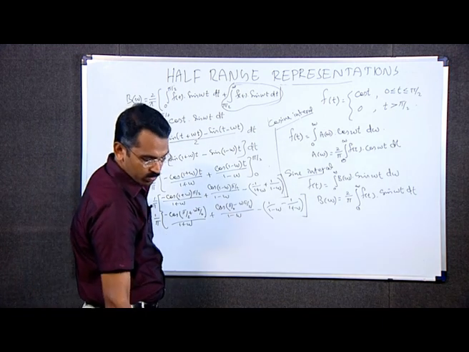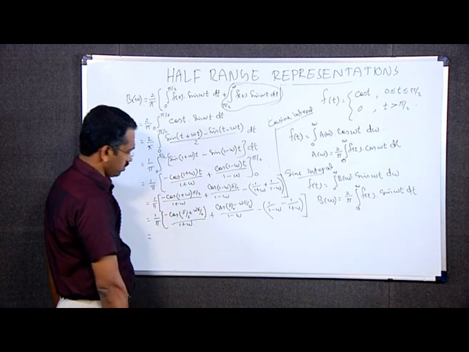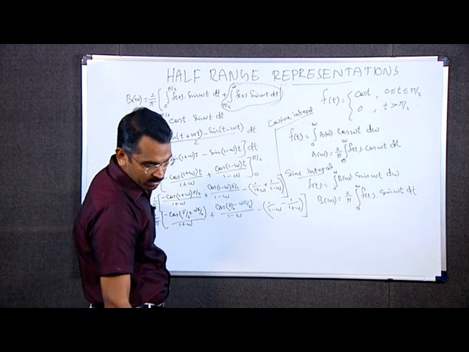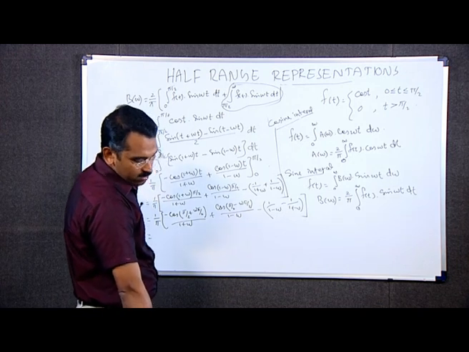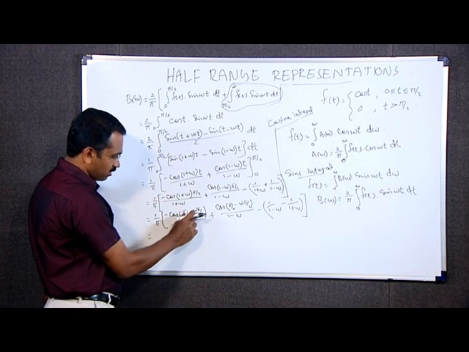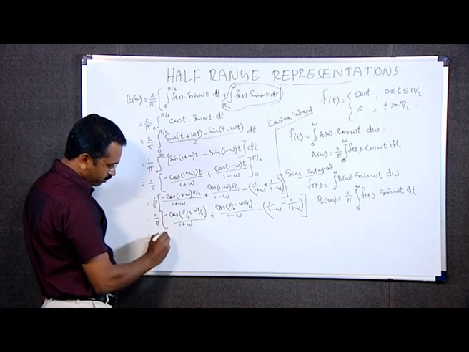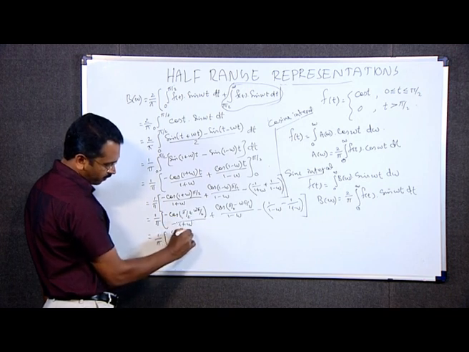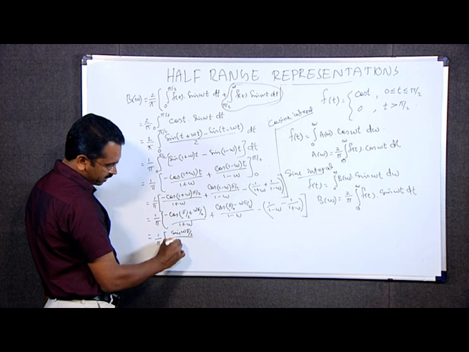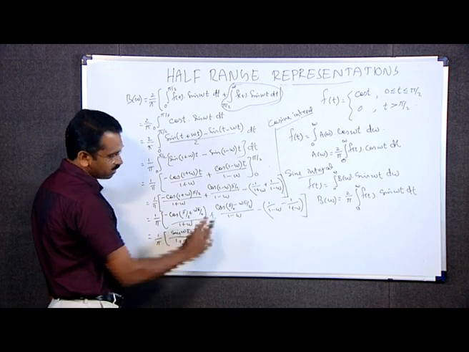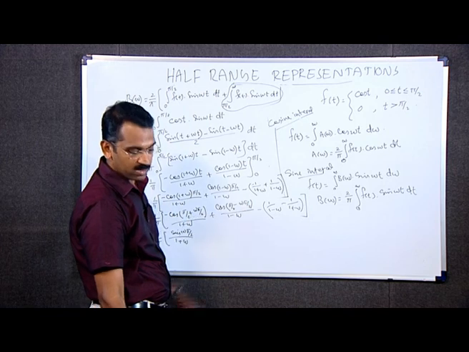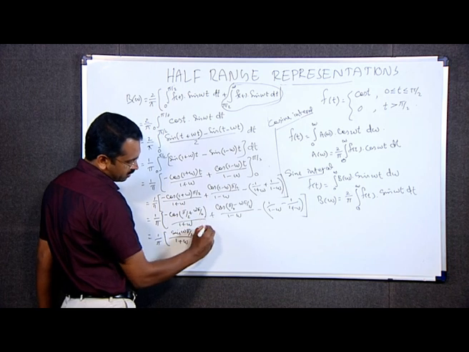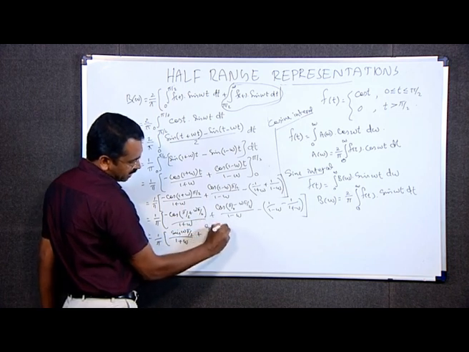Which is equal to, here minus cos (90 plus theta). Minus cos (90 plus theta) means sin theta. Therefore, we can write this as 1 by pi into sin theta, where theta is omega pi by 2, so sin (omega pi by 2) divided by (1 plus omega). Here cos (90 minus theta) is sin theta. Therefore, we can write plus sin (omega pi by 2)